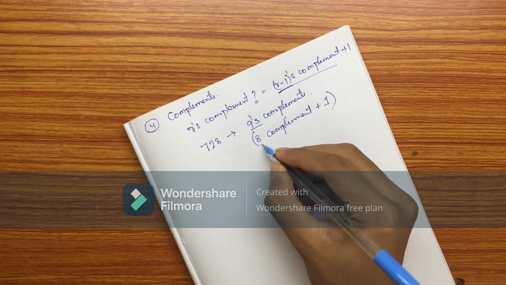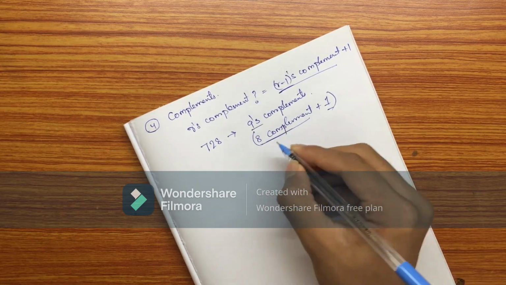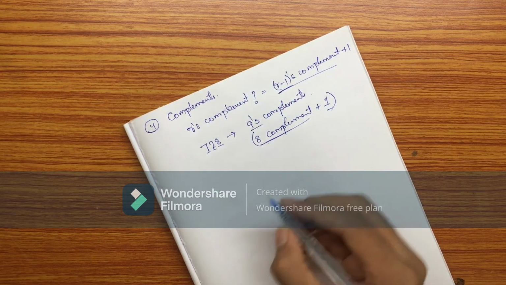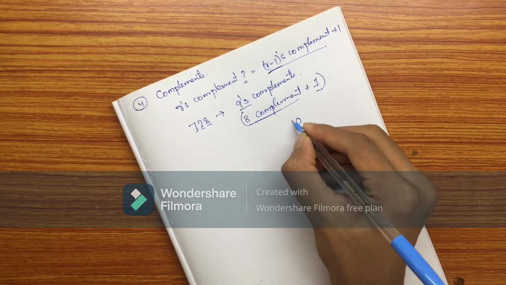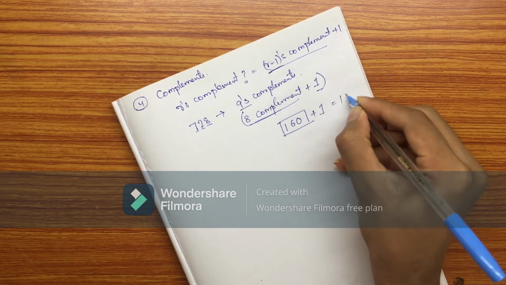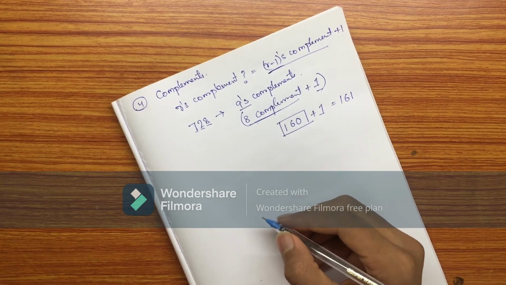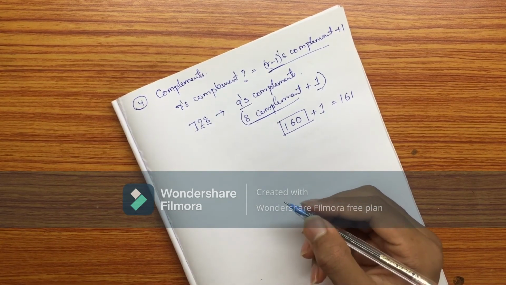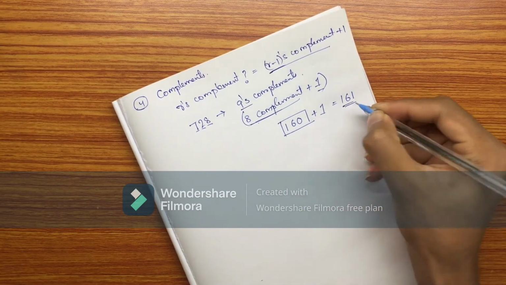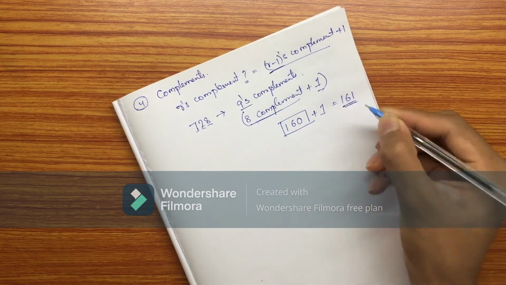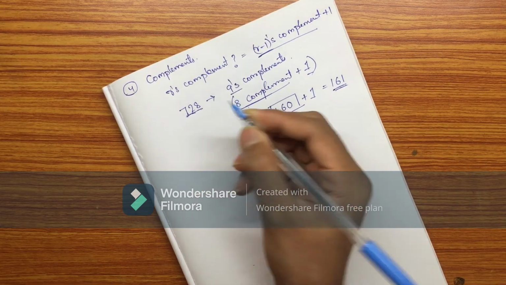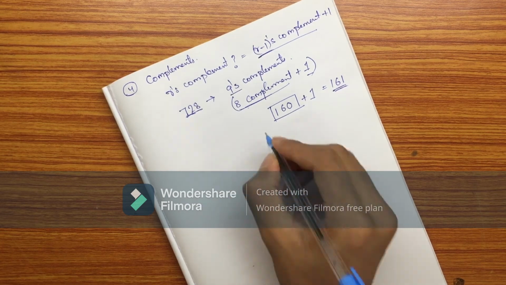You know what 9's complement means? 8's complement plus 1. What is 8's complement? 8's complement is nothing but you have to subtract each and every digit from 8. Okay, so then you will get 0, 6, then 1. So this will be the 8's complement, plus 1 is equal to 161. This will be the R's complement of that. So 9's complement will be 161 for this. Okay, you will get some use of this. I'll tell you that also.